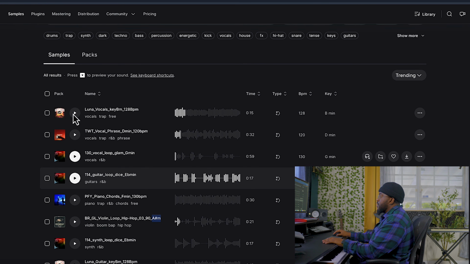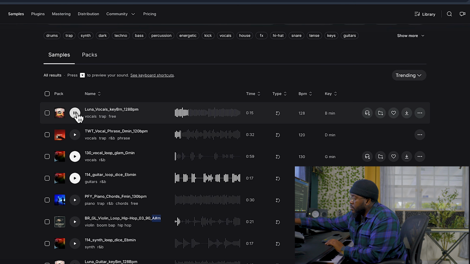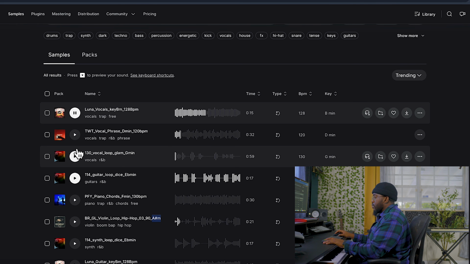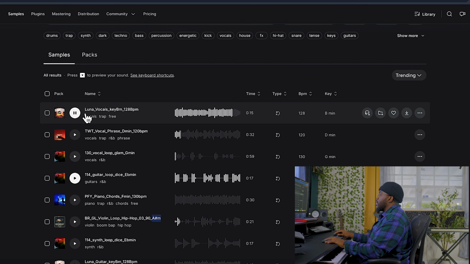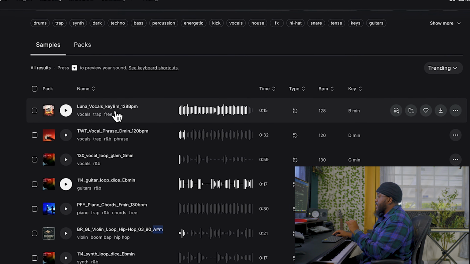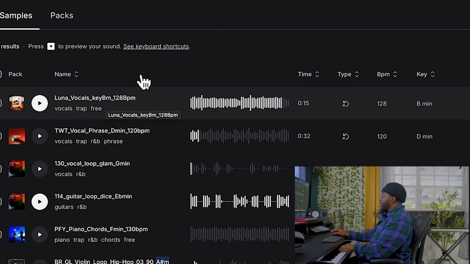So if I play this first vocal here, boom, just an idea. So the vocal is in the key of B minor. So if I play B minor on my keyboard, and I'll bring up chord watch so you can see,